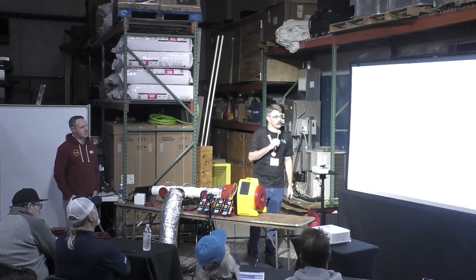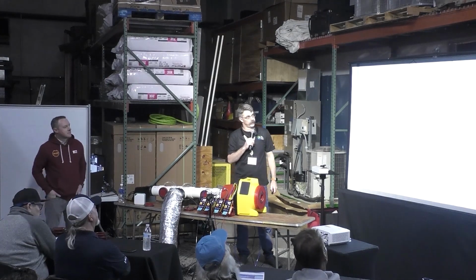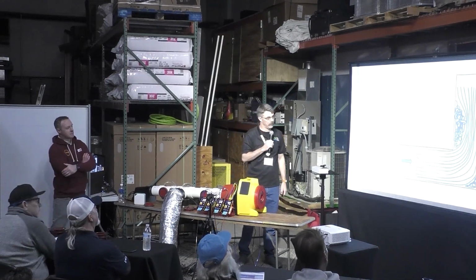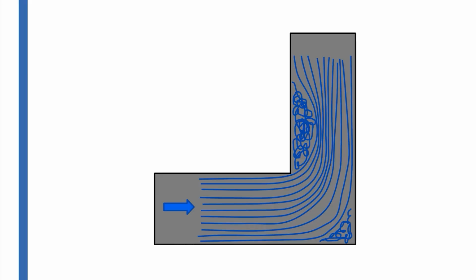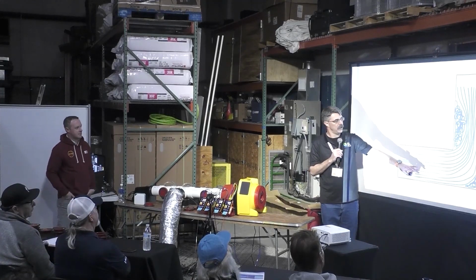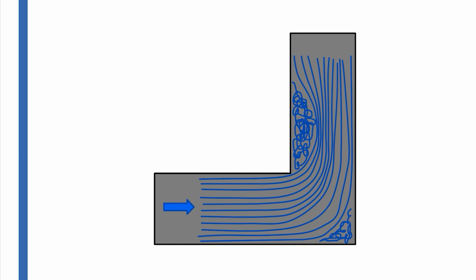Not going to go into super detailed things on full-on analysis here today, but a couple things I want to point out. When taking samples in ducts, say, with a static pressure probe, it is important to understand and be able to think about what the air is doing in the duct, especially when you are near corners. If the duct is long and straight, it's probably going to be pretty decent airflow in there. But if you're close to a corner,